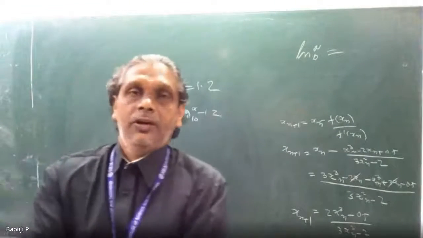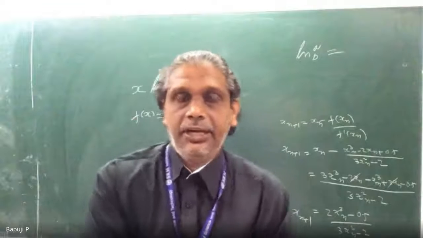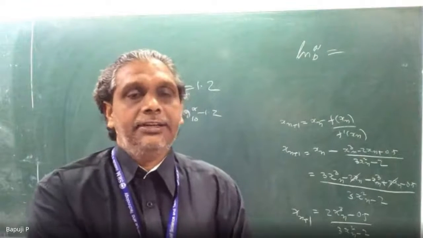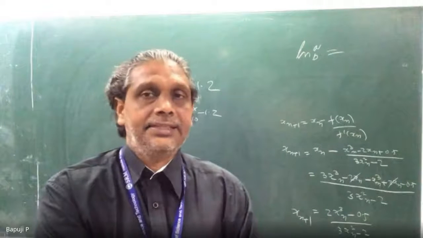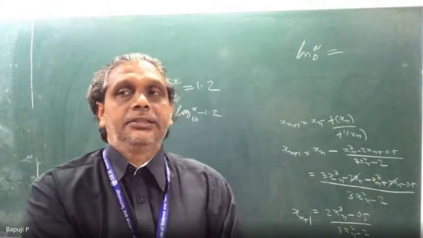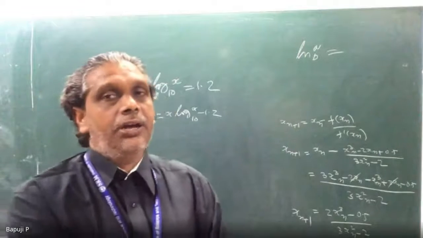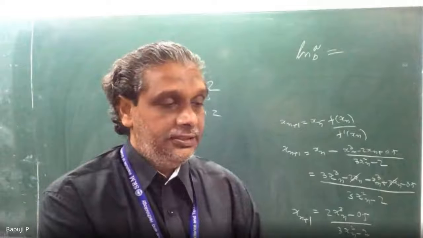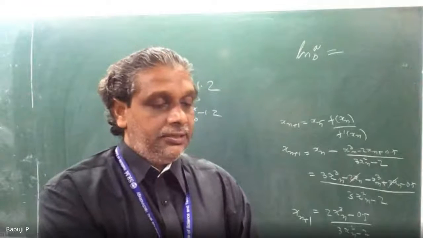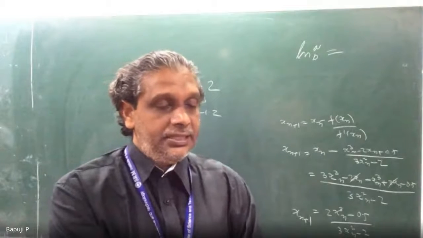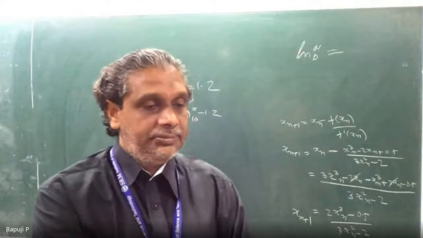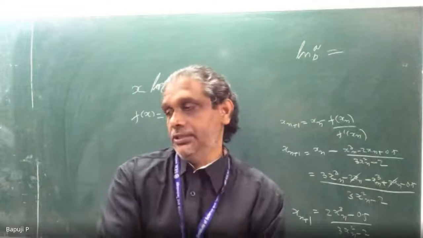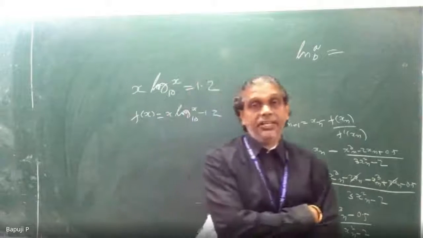If I am not mentioning the base anywhere, whether I write LOG or LN, you can take it for granted that the base is e. If it is other than e, we have to mention it. But where will you use base e? Normally our number system is the decimal system, so we use logarithm base 10 of 2. But base e is where it comes into the picture.